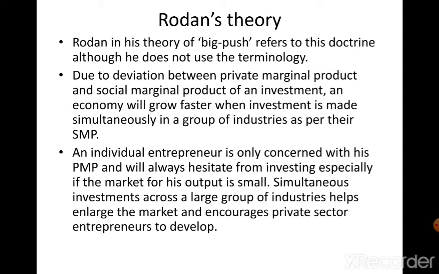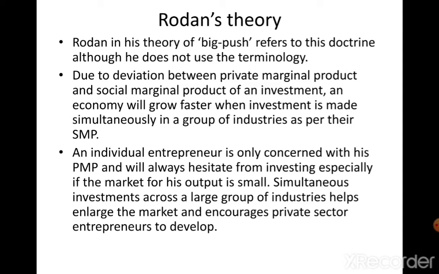He does not take into consideration the social marginal product or the social marginal benefit being enjoyed by the society at large because of an investment that he makes. And because of this deviation, a private entrepreneur will tend to underinvest, or invest less than what is socially optimum. To encourage him, to give him an incentive to invest,